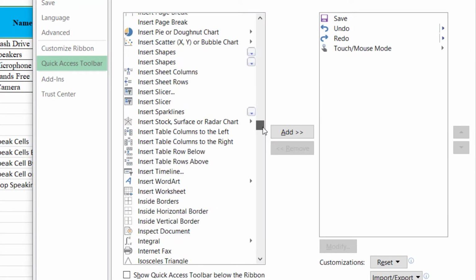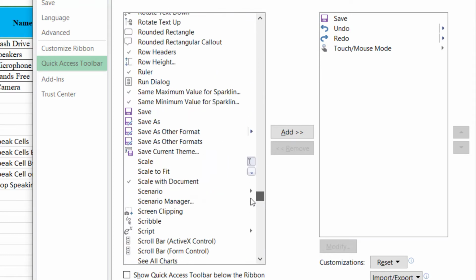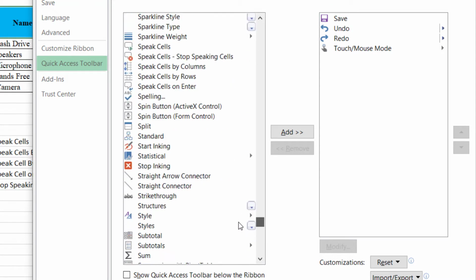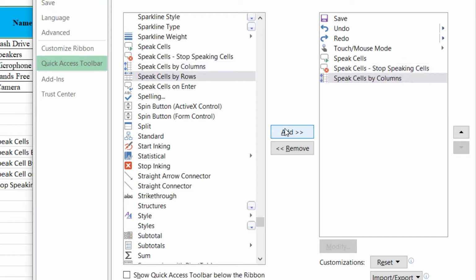Speak Cells, where are Speak Cells? I think there is Speak Cells. These are the 5 options of Speak Cells. I am shifting these options one by one to the Quick Access Toolbar: Speak Cells, Stop Speaking Cells, Speak Cells by Columns, Speak Cells by Rows, Speak Cells on Enter.